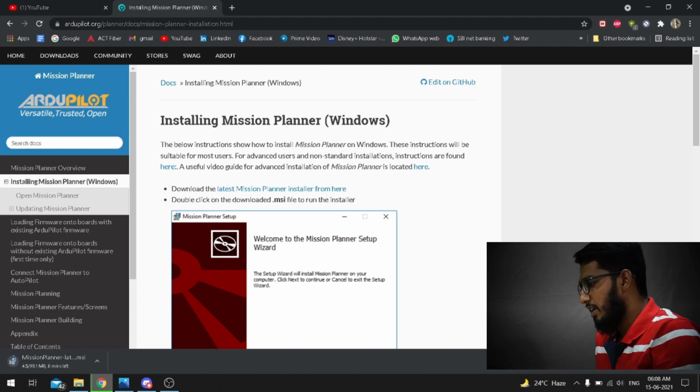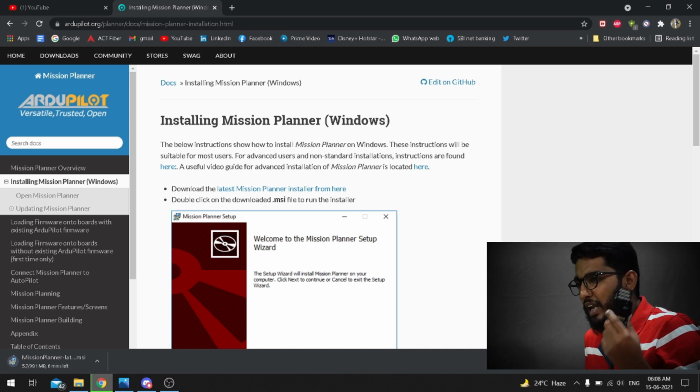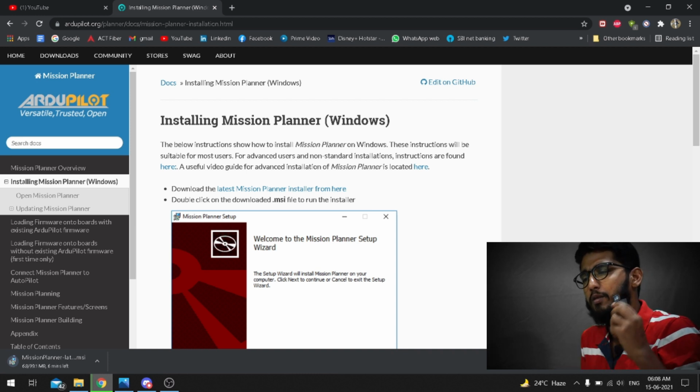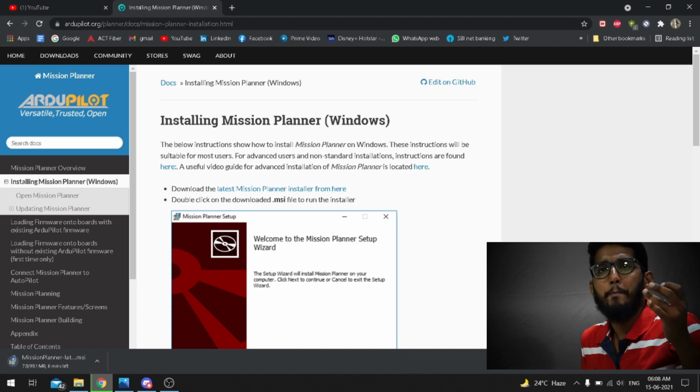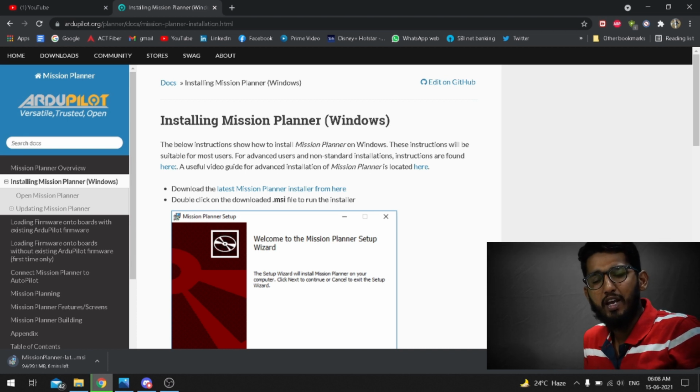While it downloads, let's talk something about Mission Planner. Mission Planner can be used for different kinds of hardware such as all kinds of Pixhawk like Pixhawk Orange Cube, Pixhawk Black Cube, Pixhawk Purple Cube and PixRacer, Navio flight controller, Intel Aero flight controller and BeagleBone flight controller.